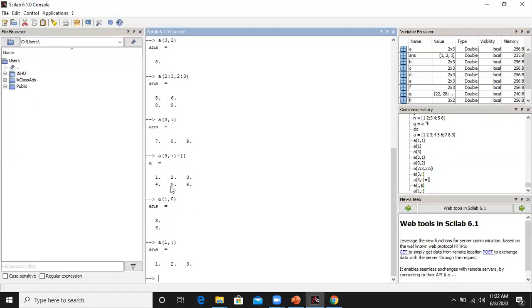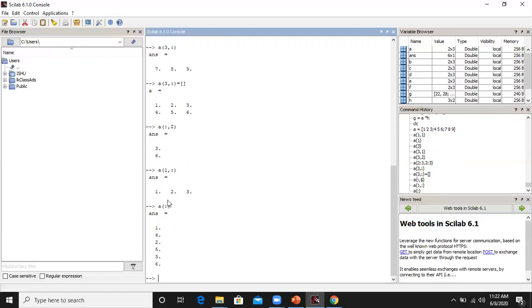And to represent the entire matrix, I have to type A of colon. What this colon operator does is linear indexing. Here 1, 2, 3, 4, 5, 6 is there, no? Now it goes for linear indexing.